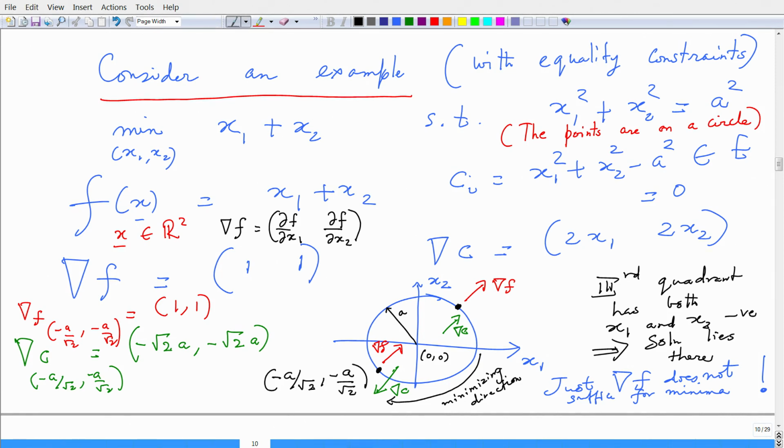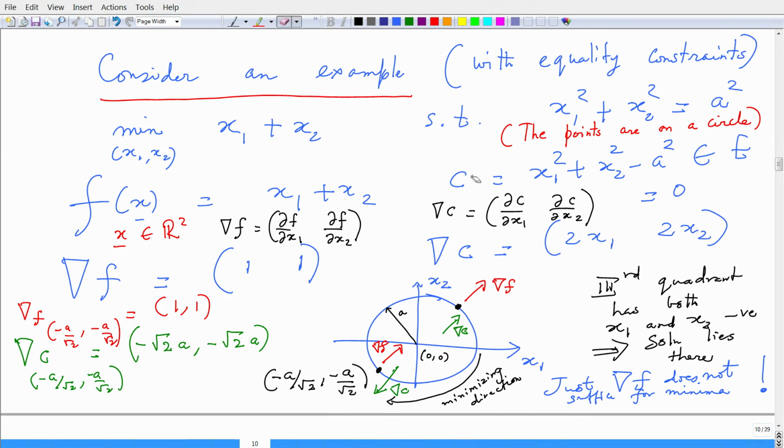But let us see how del c would be. Now, del c again is the vector that can be obtained by taking the gradients with respect to the coordinates in the constraint equation. I write it here for clarity. Del c is basically d bar c upon d bar x1 and d bar c upon d bar x2. I just have one constraint, so I really do not need the index i here. This is the constraint.